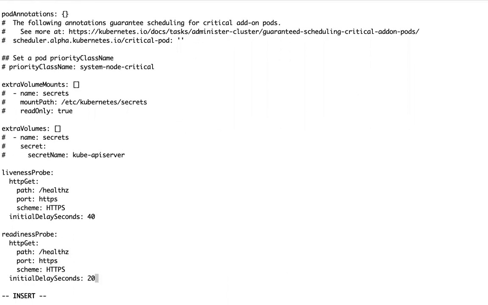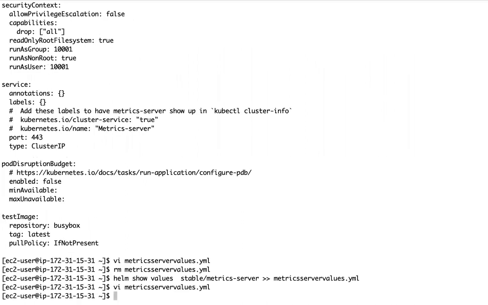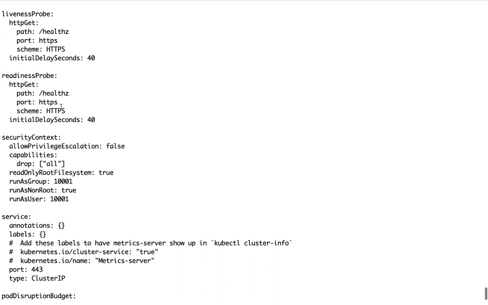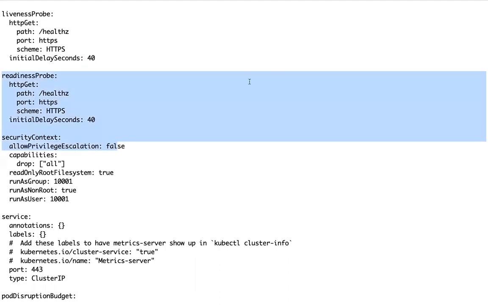You can customize these values. Now while installing or while updating, I can use this values file. Now I have customized this values file. Where is it referred? These values are referred in the templates, in that chart.